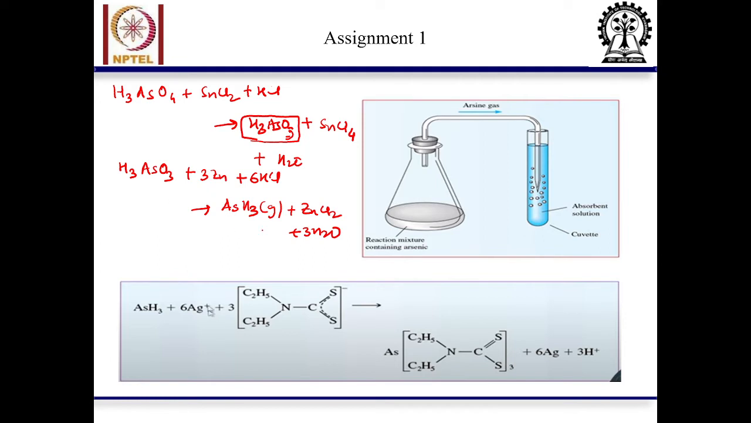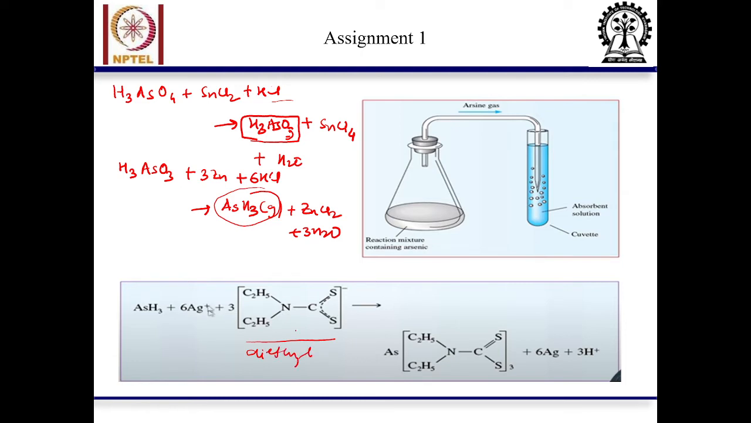So there is a special setup. Here, basically, this is a very poisonous gas. So what we do here, we take the reaction mixture, we put first SnCl2 and HCl, then arsine gas will evolve. We have to put it in the solution so that the gas bubble will form. Now if we want to stabilize this arsine gas, basically we use the silver